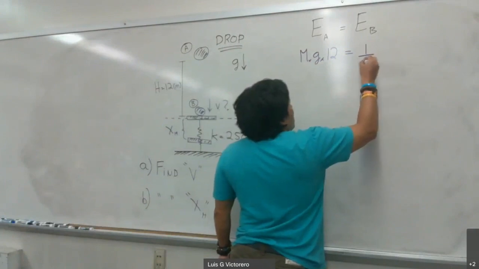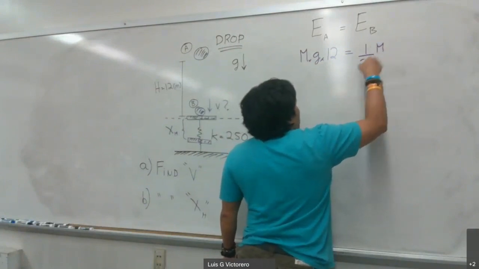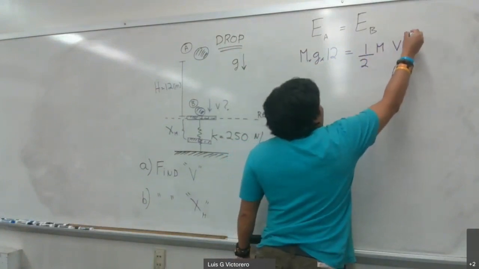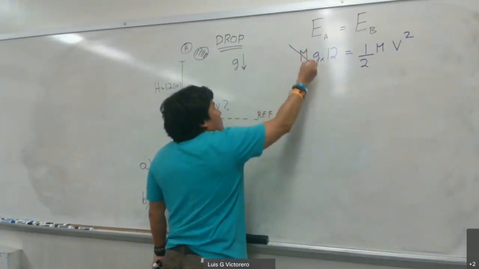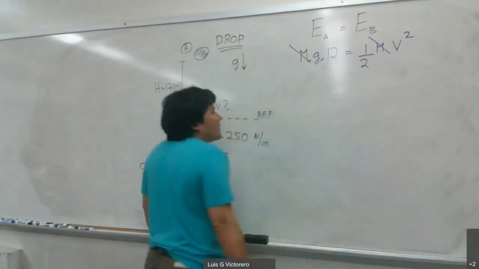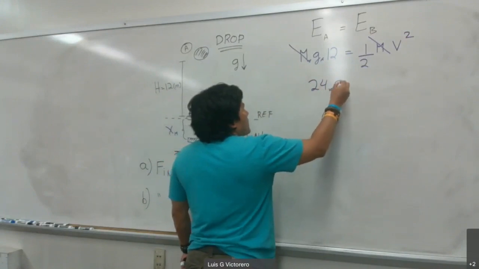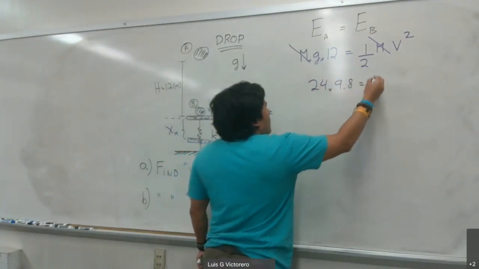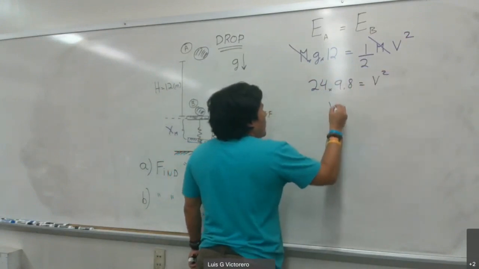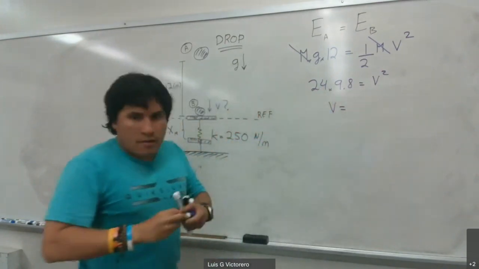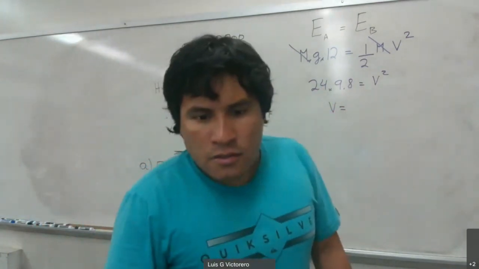See? So it gets simplified, and then 1/2 m v squared, and the mass cancels. So 24 times gravity is equal to V squared. Then the value of V will be the square root of that, which, let's see,